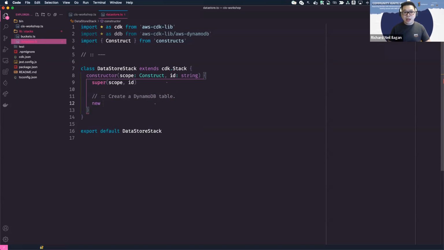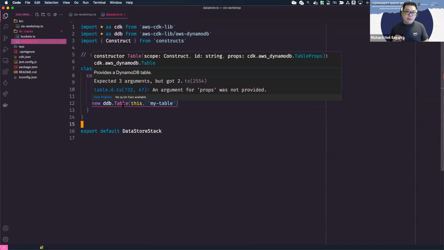Easy. Parang pinakita ko rin kanina. So, what you have to do? Table. Again, sino yung stack? Sino yung parent niya? Bigyan mo ng pangalan to, like an ID, my database table, and voila. Diba? Ngayon, nagre-reklamo yung code ko kasi unlike yung S3 bucket kanina, yung DynamoDB table, meron siyang required configuration